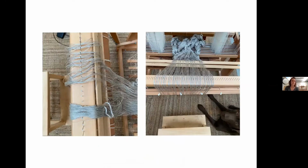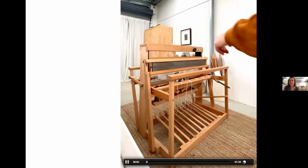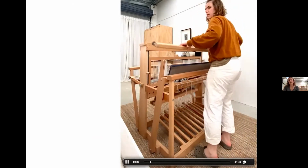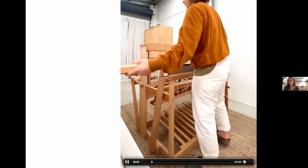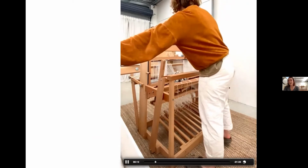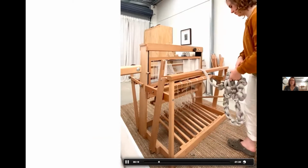All right, these are just photos. This is just spreading out the warp onto the back beam, getting it ready to wind on. And my loom here looks a bit distorted. I don't know why, it was the angle of the camera, but here I am popping the warp on. So it's all a pretty laborious, time-consuming activity. I've grown to like it through a lot of practice. I've gotten a bit more efficient, but